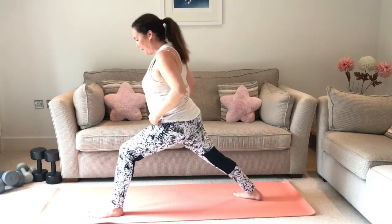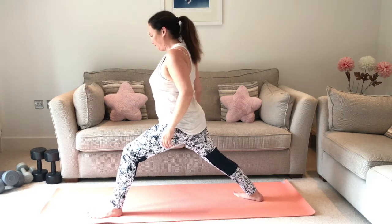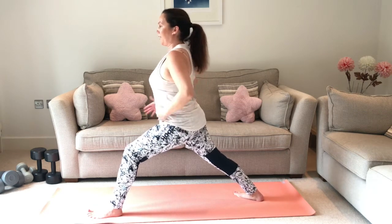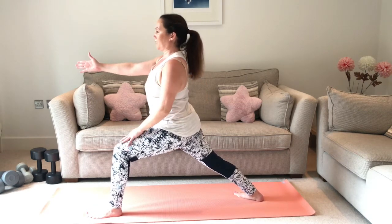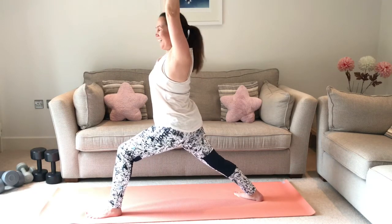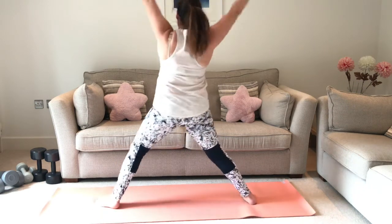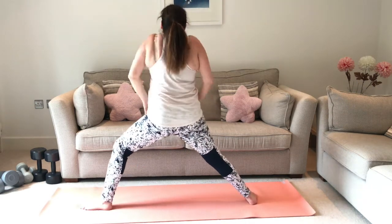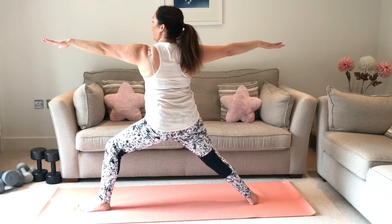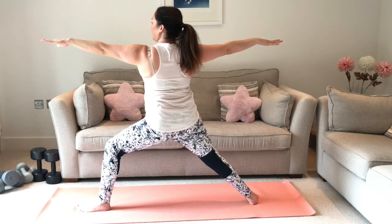and then back foot comes down to the floor, 45 degrees, little toe in contact with the floor, pulling up through that instep, square hips, front knee bent, hands up, so we're in warrior one here, and then opening up into warrior two, looking along that front arm, middle finger of that front arm, couple of breaths here,